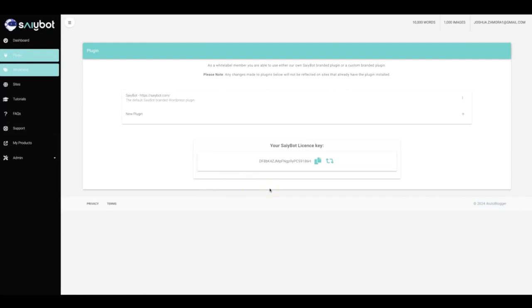Again, it's the first Alexa-style WordPress plugin that will set up, write, optimize, manage, update, and handle all of your website needs for you, even create AI images for you on the spot without you having to ever leave your site. And it will pretty much automate everything that is the most time-consuming and tedious task that your website requires, so that you can just focus on the more important things like getting traffic and getting rankings. And our SaiyBot plugin will handle